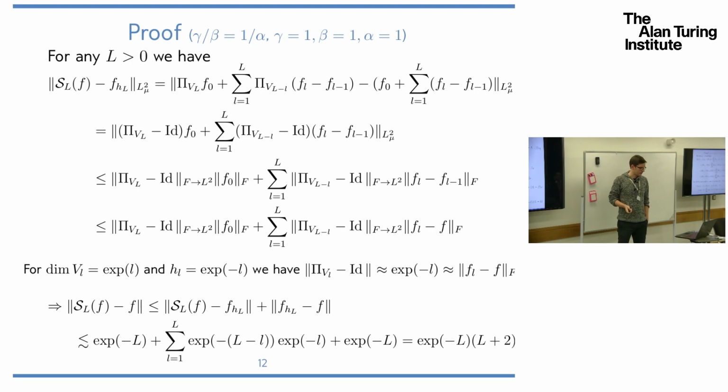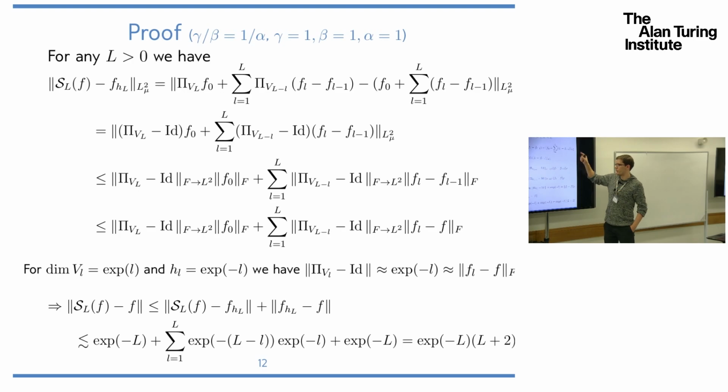minus 1. And well, to prove this, for any L, you can just write the difference between the multi-level approximation and the true function f_h_L by grouping all of the terms in this multi-level decomposition. So first, group the term corresponding to f_0, where you once apply the least squares approximation with V_L, and once you have the identity on the other side. And then you do this for all of these correction terms. You apply the triangle inequality, and what you end up with is